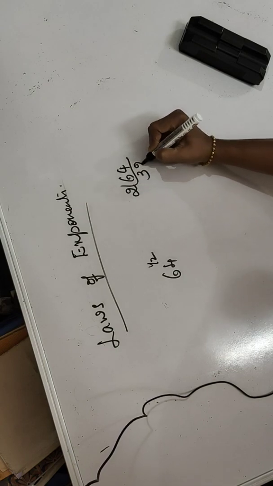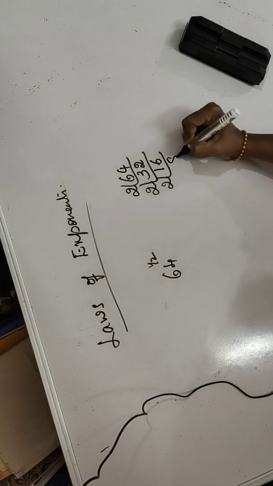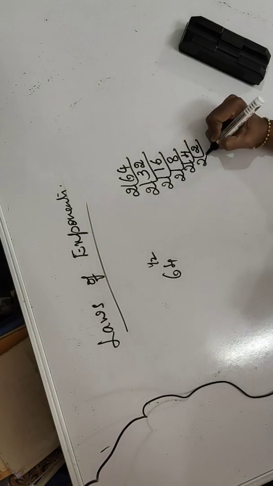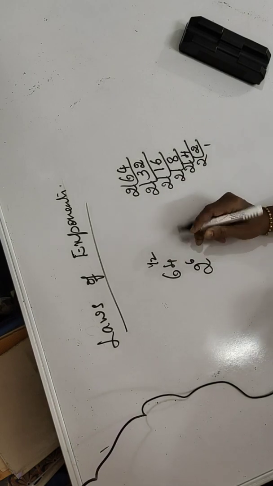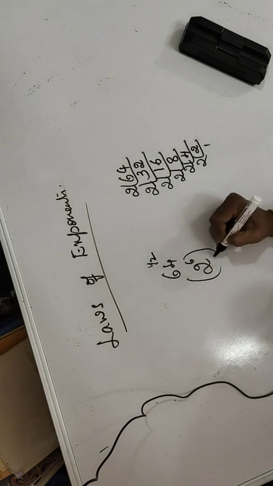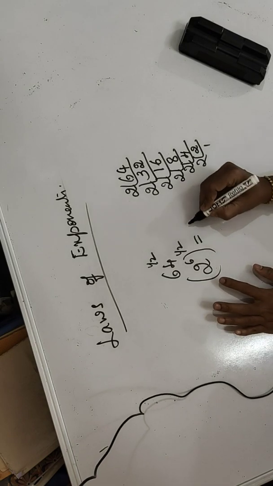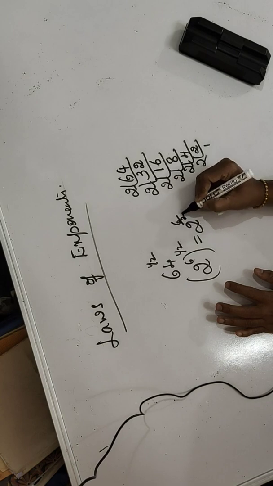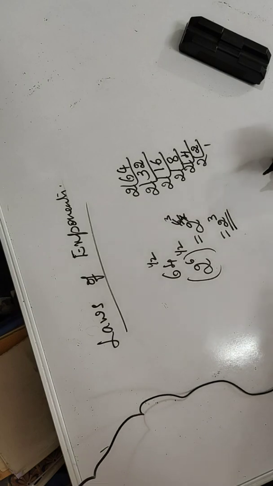2 3s are 6, 2 2s are 2, 16, 8, 4, 2, 1. Okay. Now how many? 1, 2, 3, 4, 5, 6 are there. So 2 to the power 6 means 64. Now this half you have to write, don't leave that one. 64 means 2 to the power 6. Now this 6 will go to the numerator, 6 by 2, so 3. So 2 to the power 3, that is 2 2 2, 8. Understood? This is the simplification way.